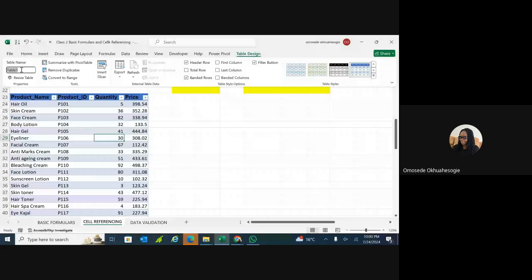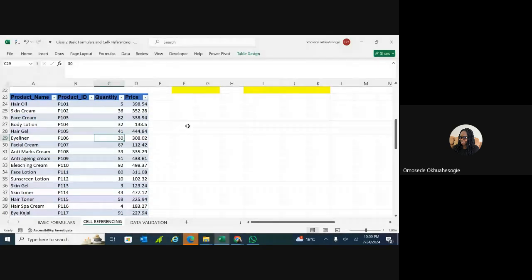So I can change this table name. This is now the name of the table. I can name this table cosmetics. Can you see? So I've given that table a name. This particular table now has a name, and that name of the table is cosmetics. So if I come here now and say equals